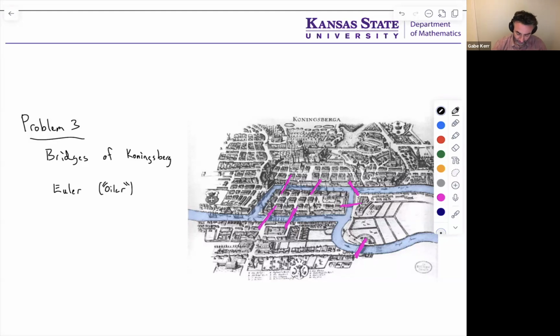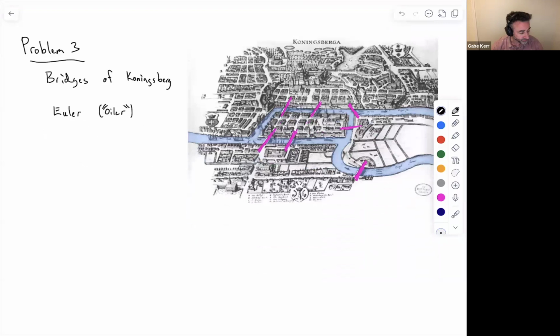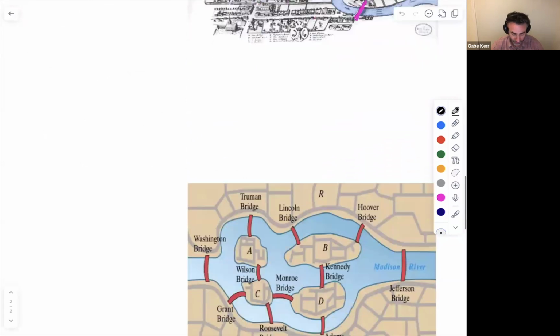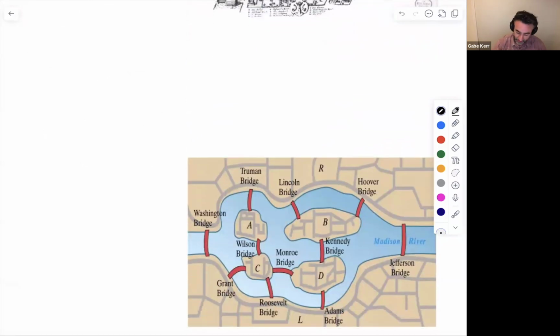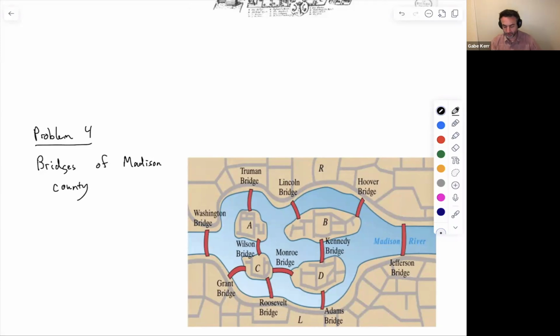We'll get into the solutions of these problems in the next few sections, but a variant of this problem is this sort of Bridges of Madison County. This is problem 4. And the idea behind this is similar. The way it's explained in the book is you're a photographer who wants to take a picture of every single one of these bridges, but